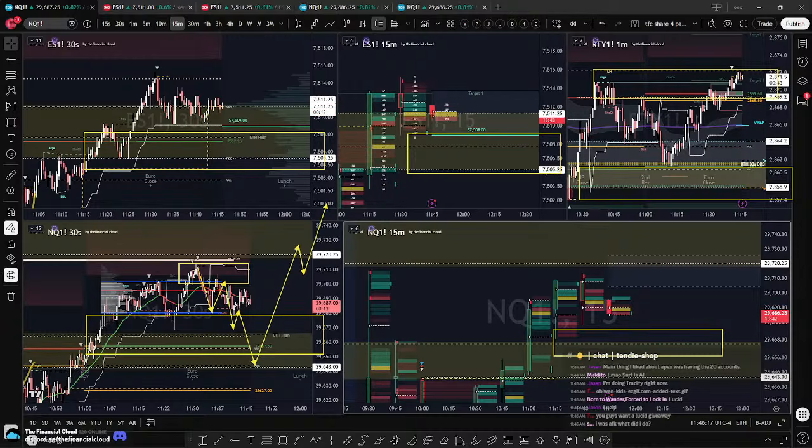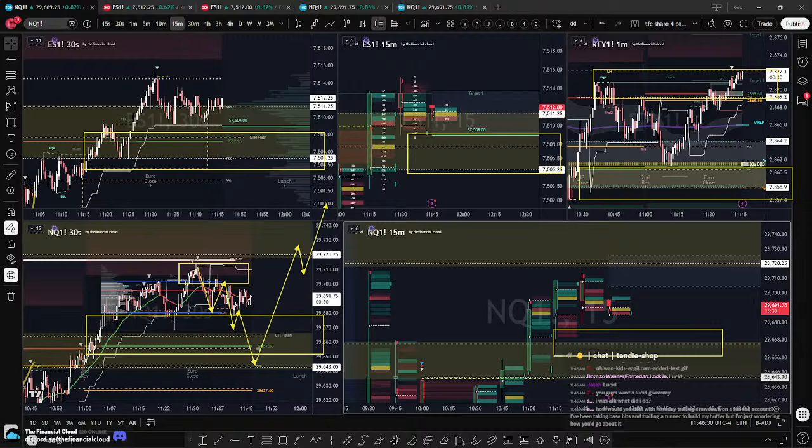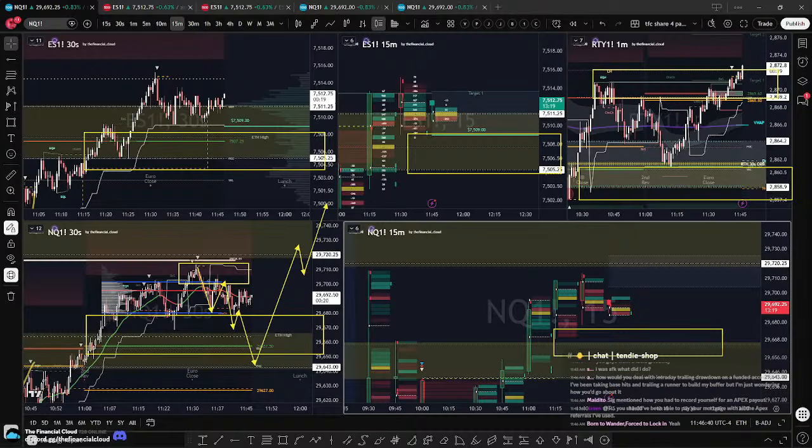Oh, I forgot about TPT. Yeah, they're good as well. They all basically have the same model at this point. They're competing. And then you have the old dogs, Apex and Top Step, who are just like, what are we doing? I've never seen people like Top Step and Apex give up so much of their market share just by being boomers for no reason. Like, all they had to do was...